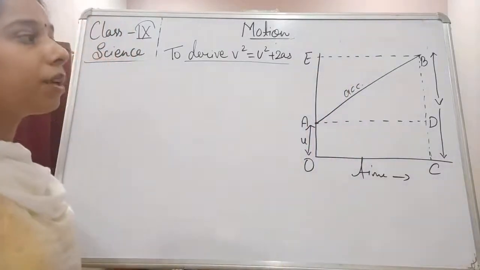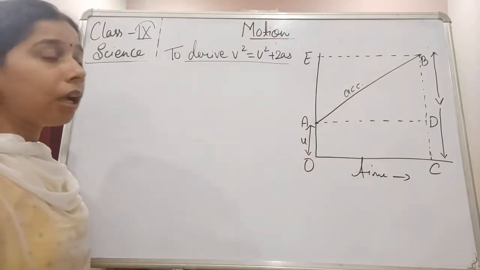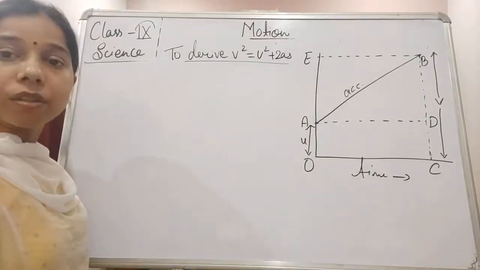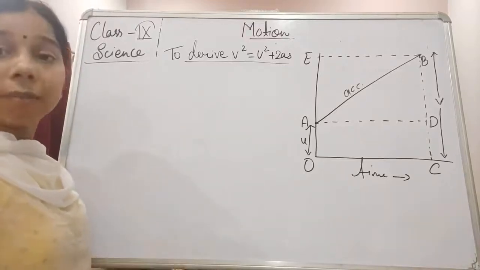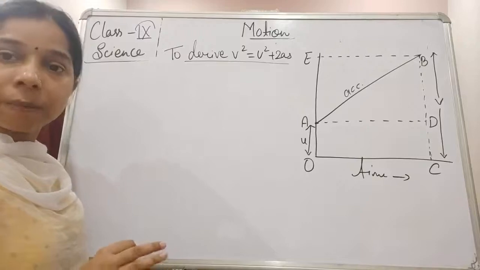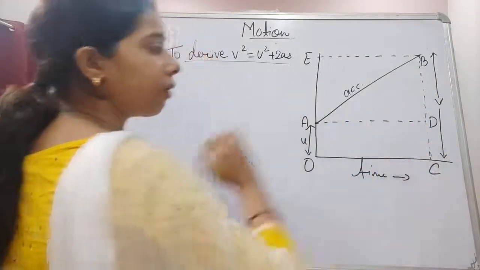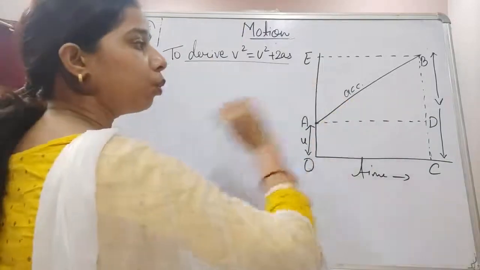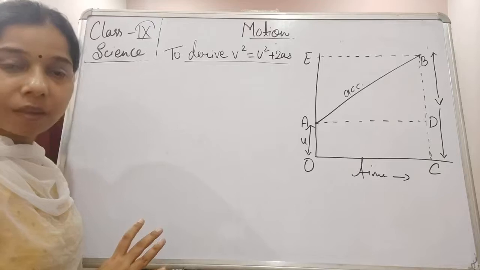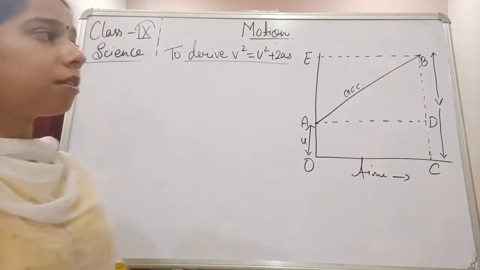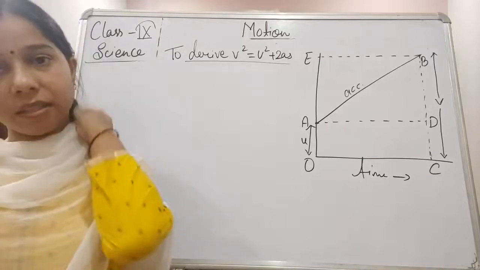The second equation is found from the area covered under the graph, which helps in finding the distance traveled. We have seen the triangle and the rectangle. When we add both of them, we get the value of the distance. This is the first case by which we are able to get the value of the distance traveled.